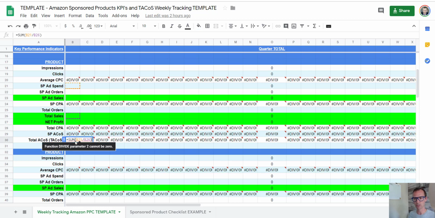And then your total ACOS, which is a number I really care about, is your ad spend divided by your total sales. Where we get these numbers from is just inside your Seller Central, and then I use a software